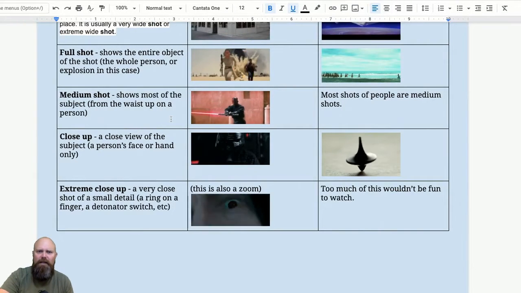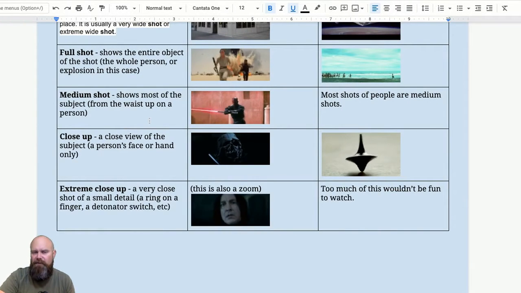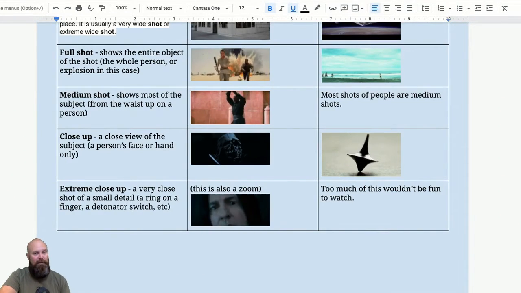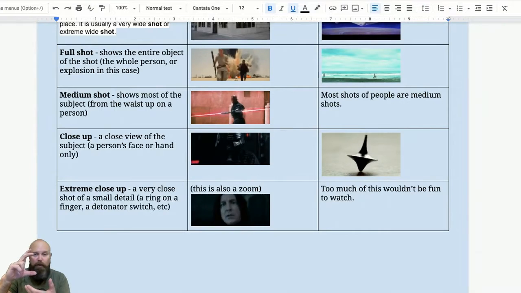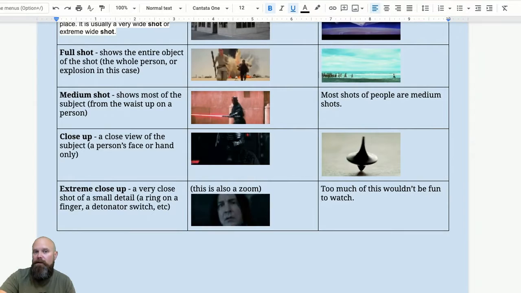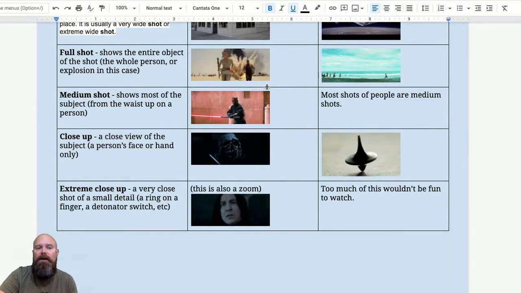A medium shot shows most of the subject, and the subject doesn't have to be a person. It could be a car, it could be a phone or whatever. Like if you're just showing the top part of a phone or something, that would be a medium of the phone. Or if it's just one word, it would be a close-up, which we'll get to in a minute. So a medium shot